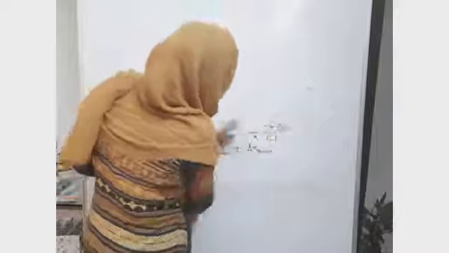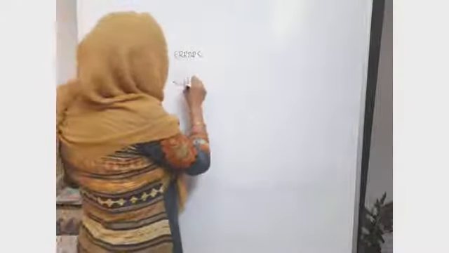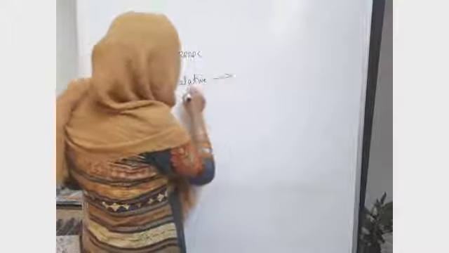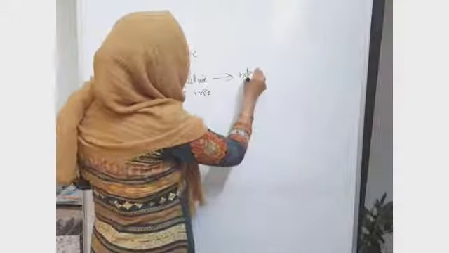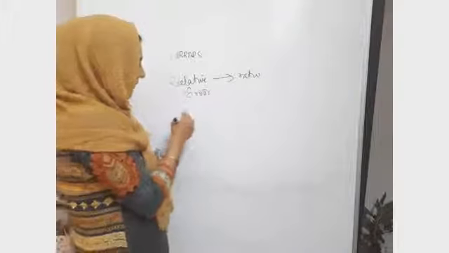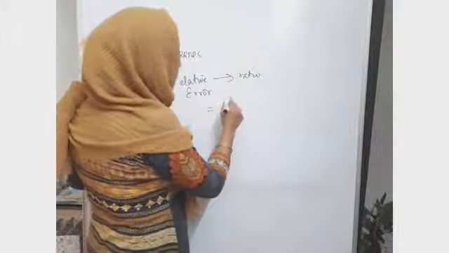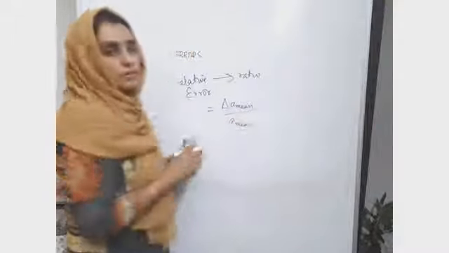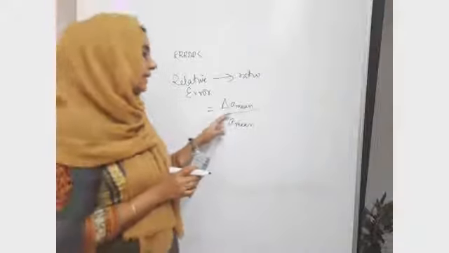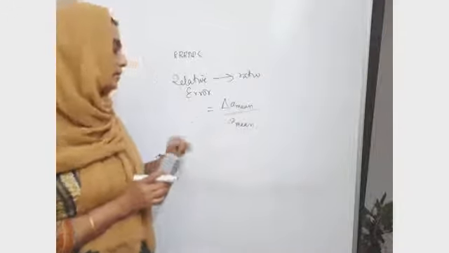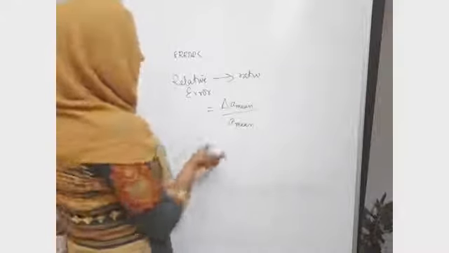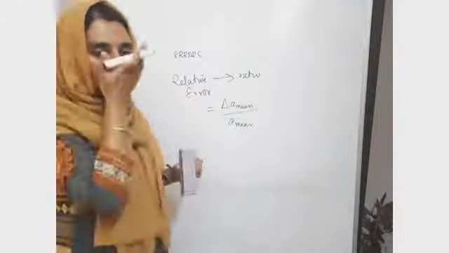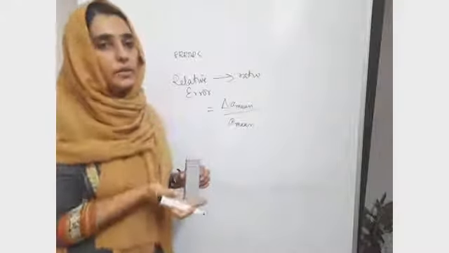Now next is relative error. Relative error refers to a ratio. Relative is usually a comparison, or it is a ratio. It is usually comparing with the standard value. So you can have relative error is equal to delta a mean, the ratio of the mean absolute error to the arithmetic mean. So this is the relative error. This is another way of representing error: how to compare the error with the standard value or the true value.